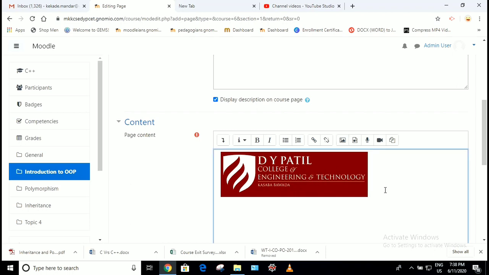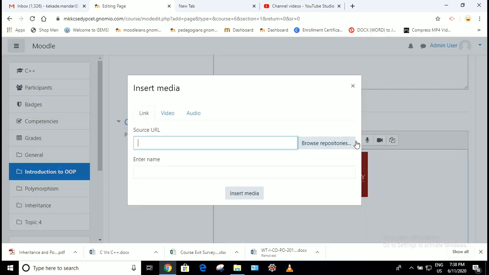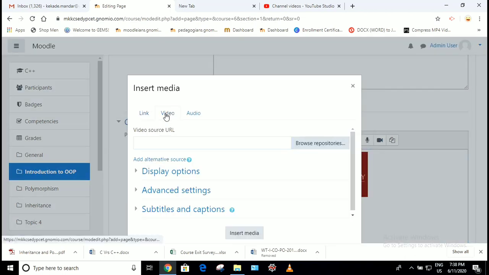Now, similarly, below this image, I want to add one video. How to add the video? Just click on this icon, that is insert or edit an audio or video file. Click on this icon and click on the video. Here you can enter the URL of the video.